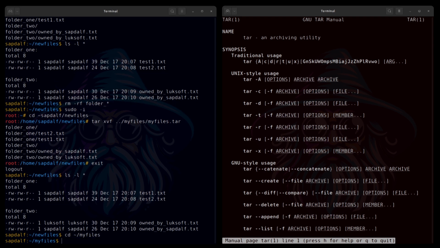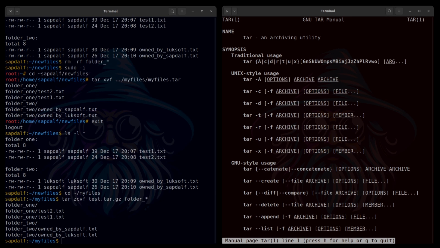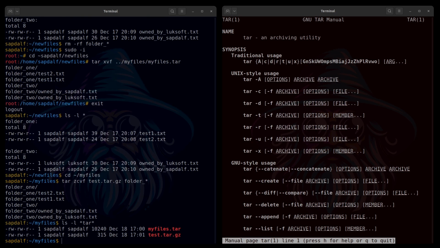Let's modify our command to create the archive. I'm adding z to zip the archive. Now this is a tarball, like a fireball, but with tar. It's why I added gz to the name. What is the real difference? Yes, the gz file is significantly smaller, keeping the same content.